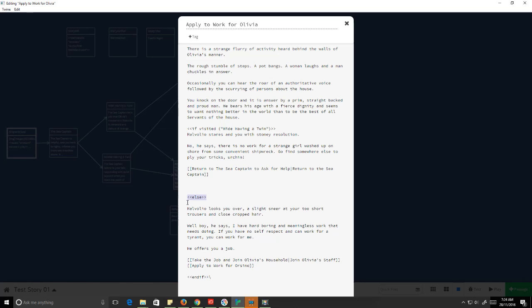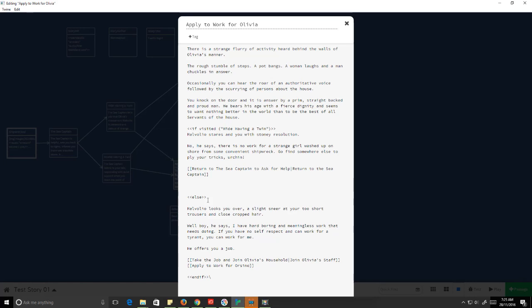Now when I'm ready to add the else clause, else is just within two less than and two greater than symbols. And then this whole function ends with the end if statement. And that's all one word that has two less than and two greater than symbols. And it ends with a backward slash as well. And that's your correct syntax for SugarCube for